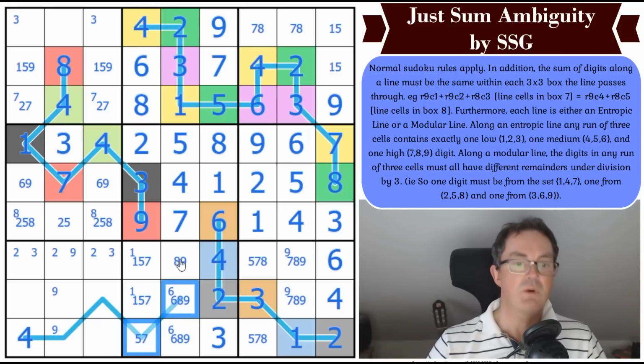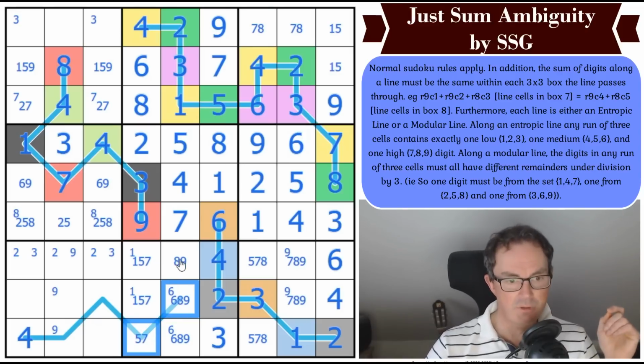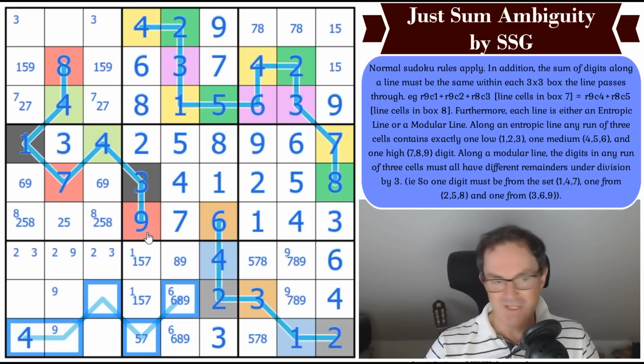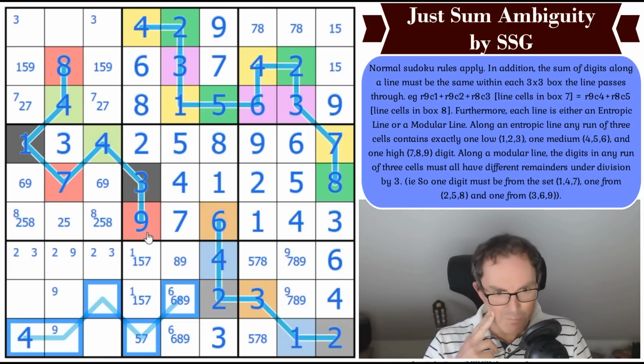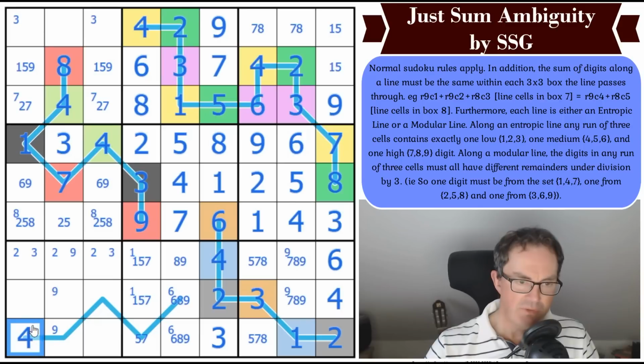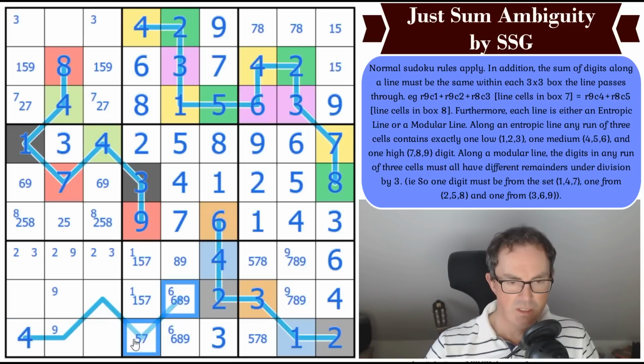So these two squares are now adding up to at least 11. Right, so where are we then in terms of either region sum lines, entropy, or modularity along this line? Oh, if it's a modular line, that 4 there is the same modularity as that cell, which would have to be a 7. So that looks quite likely. 4, 7. This would be at least 13 then. Oh, I see, but